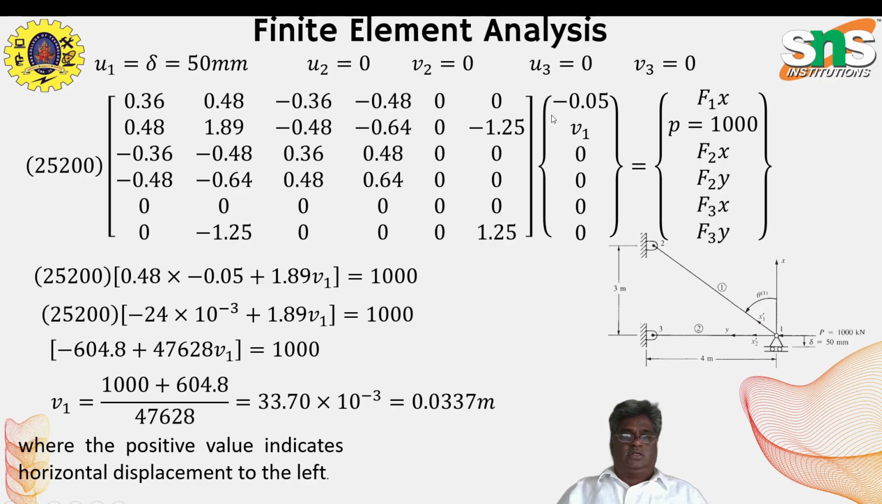Substituting u1 0.05, v1 we have to calculate, u2 0, v2 0, u3 0, v3 0. Then substitute the force vector value f1. The P is acting in the positive direction given in the problem, so 1000 kilonewton. Then the generated equation is 25,200